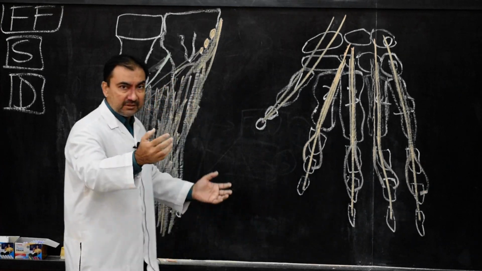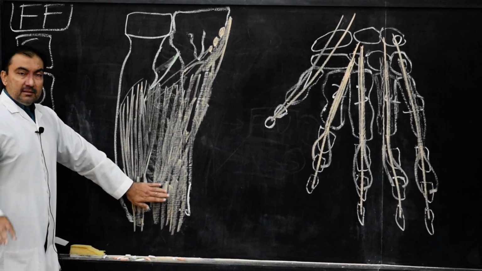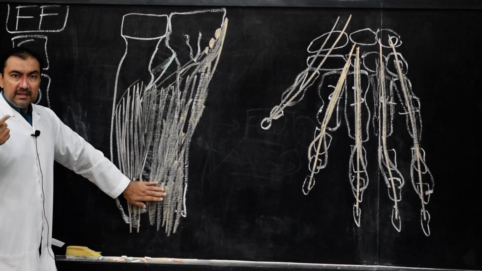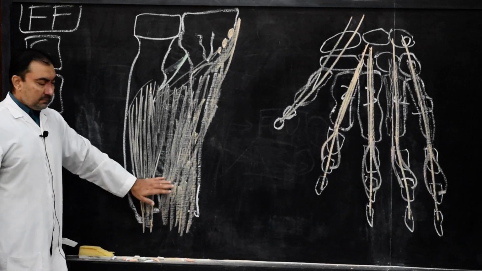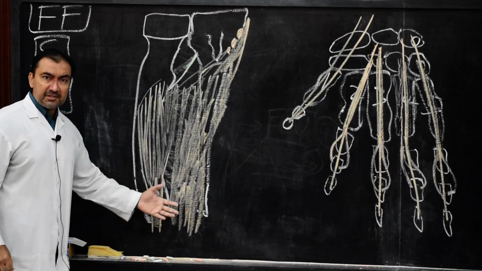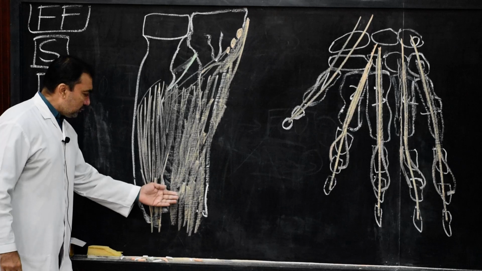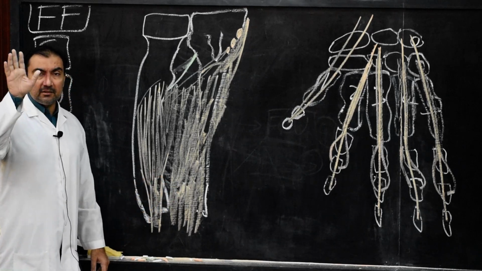Then we come to the third muscle. Please come on this side. The third muscle will be the final muscle of the deep compartment of the front of the forearm. This is flexor pollicis longus, this is flexor digitorum profundus, and in dissection, very beautifully you will be able to see that deep to these two muscles will be pronator quadratus.